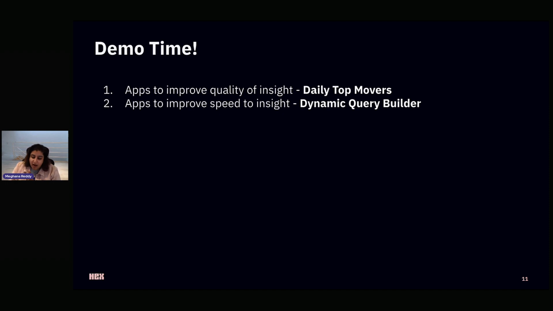Cool. Okay, so we've been chatting quite a bit about big philosophical ideas and this idea of how you can bring this vision to life through technology. But what does it actually look like? What are some of the concrete assets that we've been able to create as a data team that have actually increased the quality and speed of insight here at StubHub? So with that, I'm going to present my screen.